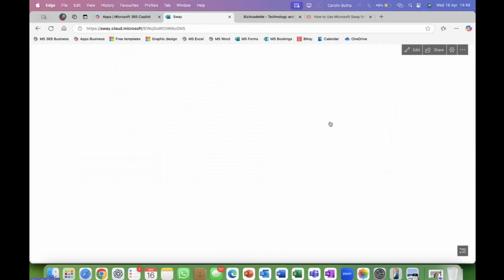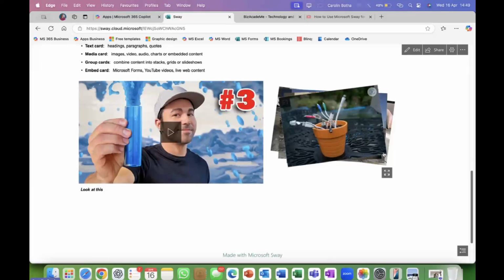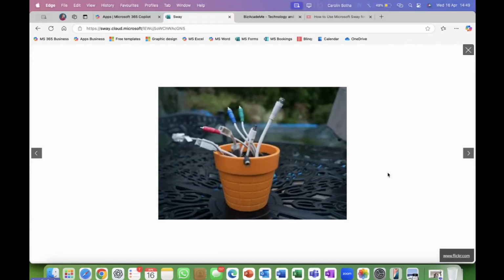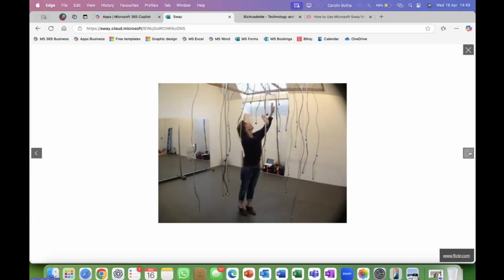What you also have here is you can view the image with details, because remember, I put some captions on there. Now, where are my captions? At least you can view them.